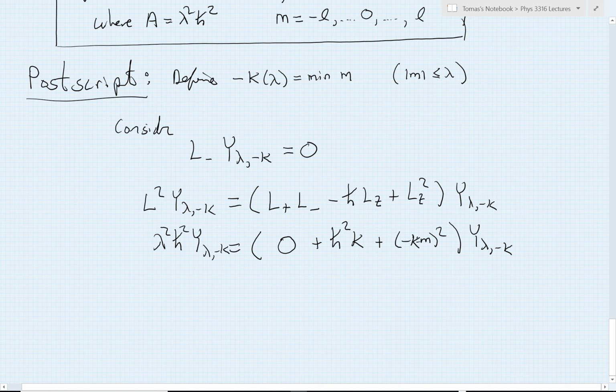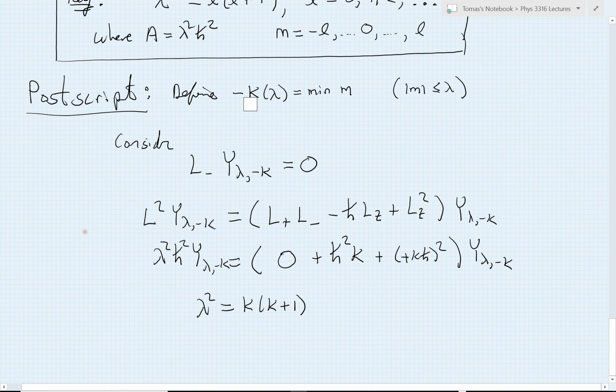Finally, the minus sign, when I square it, just gives me a plus sign. The pure state value is minus k times h bar. Squaring the minus sign gives me a plus sign. And then you will notice that once again I have lambda squared now, but lambda squared is going to equal, canceling the h bar squareds, k plus k squared, or in other words, k times k plus 1. And so we see that k, which is giving me the magnitude of this minimum possible value of m,